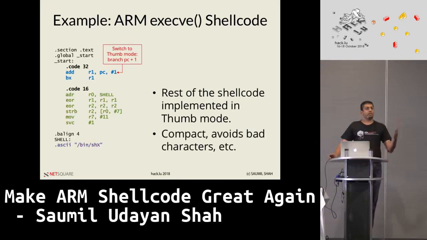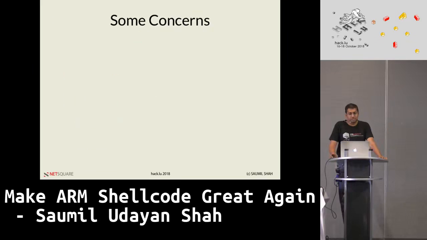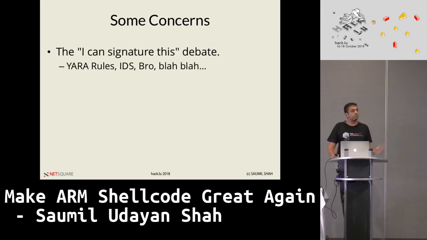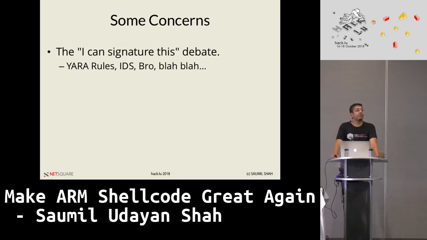Now, whenever you're talking about shellcode, and you're discussing this with a bunch of people in the hallway track at any conference, some bright guy is always going to come up and say, hey, I can signature this. This shellcode is going to be signaturable. I'm going to write some Yara rules, and I'm going to do this IDS thing, which was invented several years ago, and catch you in your act. Now, one of the things that really drives me mad is the word signature. I mean, too long have we done InfoSec by rules, signatures, and updates. It's a very reactive technology, just like the dinosaurs, and they need to die. Anyways, I will not rant about signatures again, but whenever I'm confronted with signatures, it only drives me a little